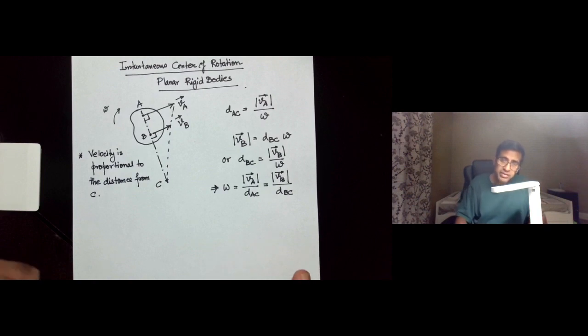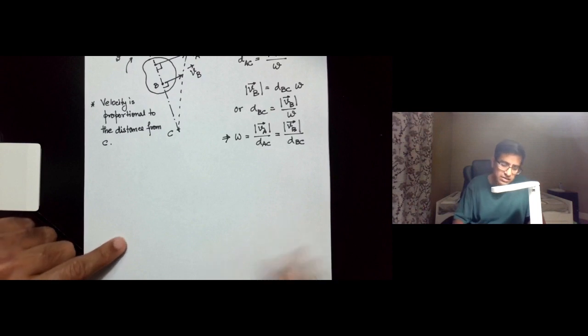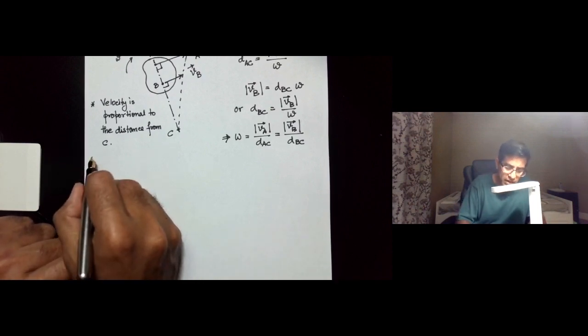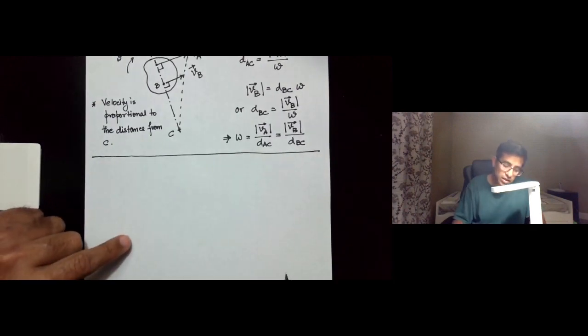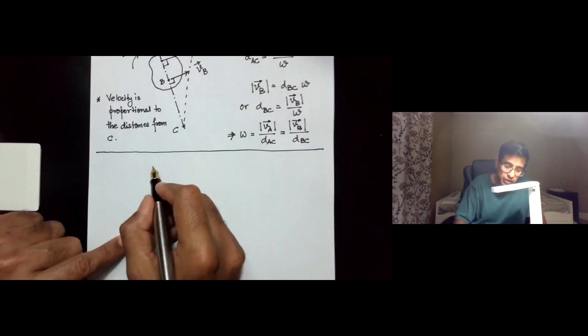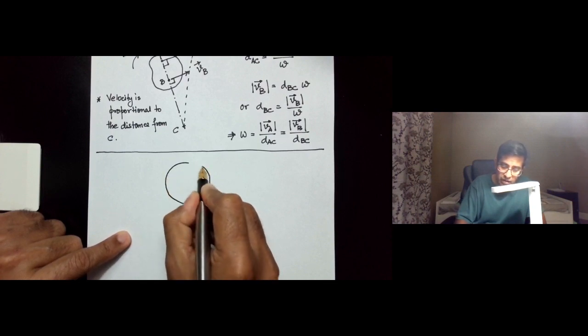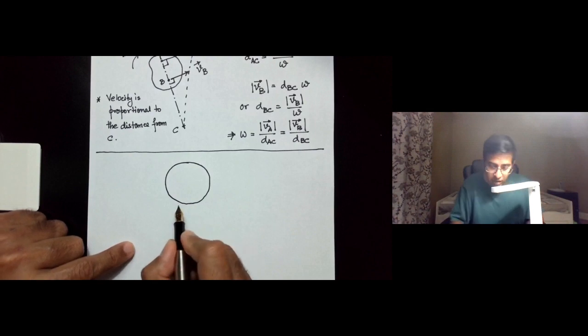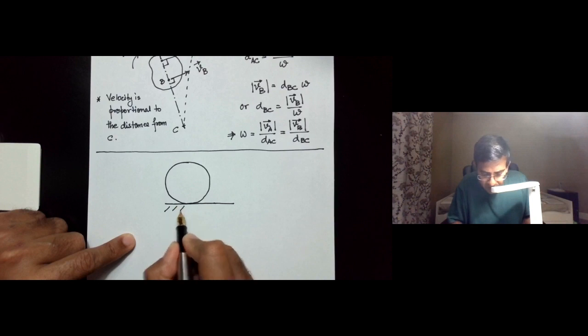Now with that we have covered some of the geometric aspects of the instantaneous center of rotation, and now what we'll do is we'll take a few commonly found cases in kinematics or in dynamics where we use this instantaneous center to our benefit for solving problems. So the first case is where we have a disk rolling on a horizontal surface or a flat surface. You could consider a flat surface,